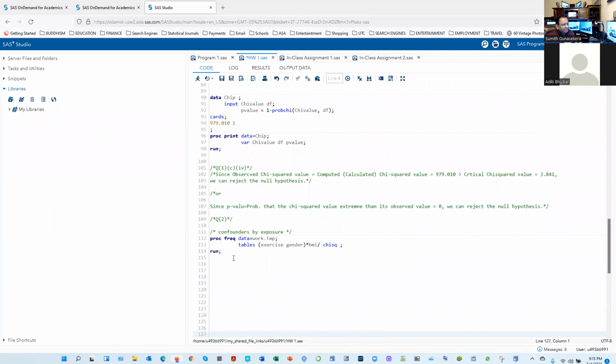See, confounded by the exposure. We go to the same thing now. Tables: exercise and gender, being explained by BMI. This means exercise is being explained by BMI, gender is being explained by BMI. See, exercise versus BMI, gender versus BMI. If you put this to the front, BMI versus exercise, BMI is a gender. If you take out the parentheses and put the multiplication, that means you go to the exercise, and